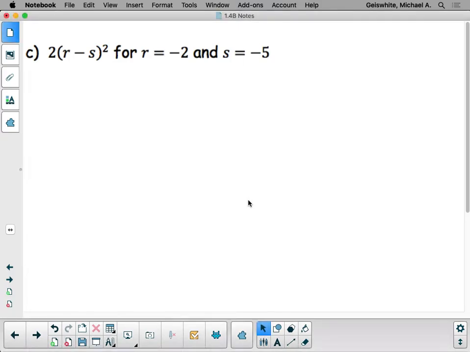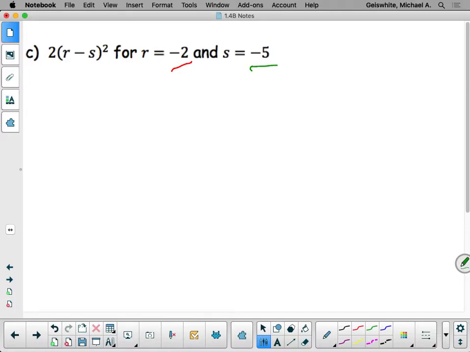All right, is everybody ready with this problem here? So like I said, this is from last night, the 1-4B notes, example C. So in the notes, what I did was I said, let's say R, I'll use red for R, and S, I'll use green. So if we have 2 times R minus S,